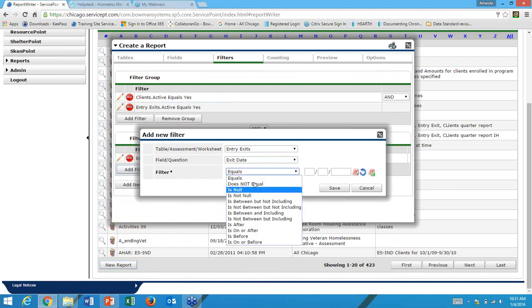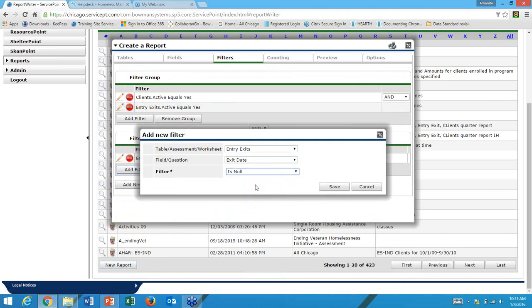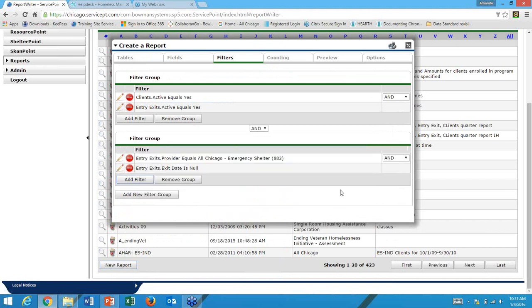So for the actual filter, I'm going to change it from equals to represent the option for is null, because I want to pull in only those clients that have no exit date. Once I click save,